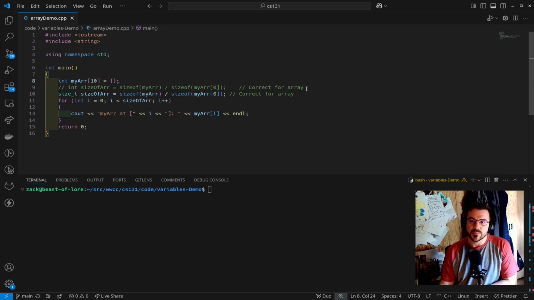And then I put a couple of lines here so that we can see a couple of things. One, I have this line commented out, and it is the int size of the array. The way that we do this is kind of a weird thing in C++, but you take the size of the array, so use the sizeof function, divide it by the size of the first thing in the array, which